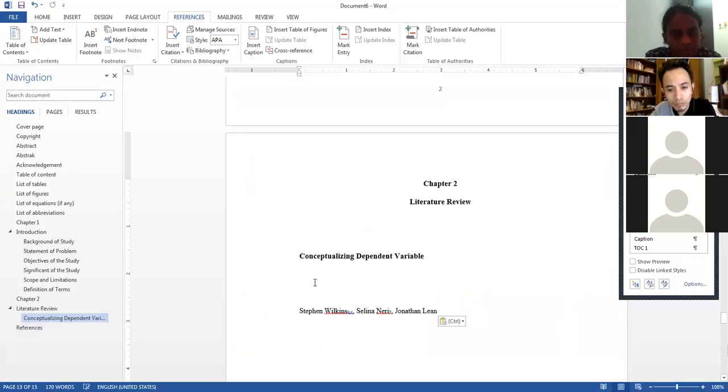For example, when I want to insert what has been said by these three authors, the words should be in active form, an active sentence. For example, Wilkins, Neri, and Lin stated that. So what I need to do is insert these references in my document.